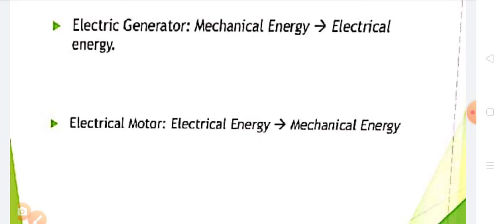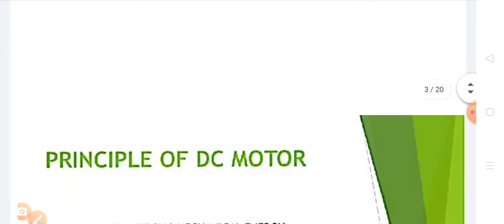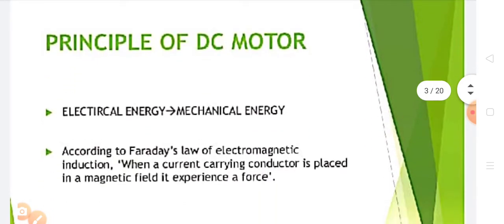A motor is a machine which converts electrical energy into mechanical energy. Here you can see how electrical energy is converted to mechanical energy, in the principle of operation of the DC motor. If you see the principle of the DC motor, the main principle of the DC motor is nothing but